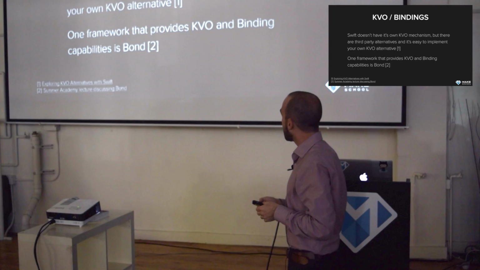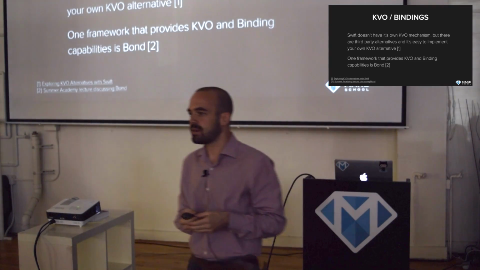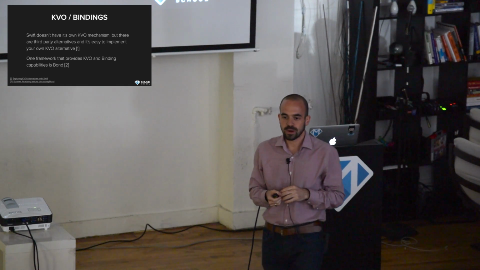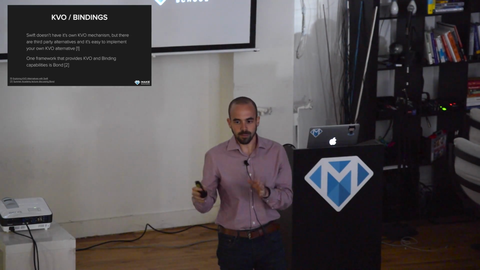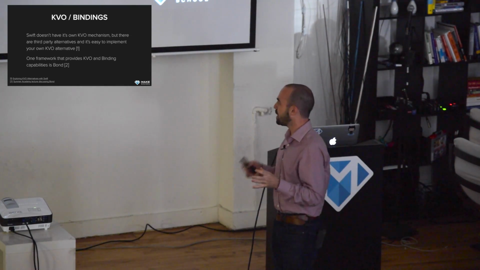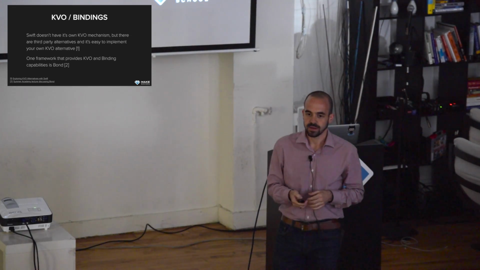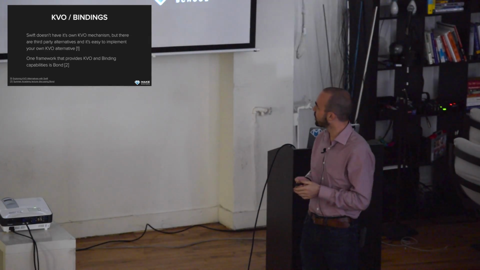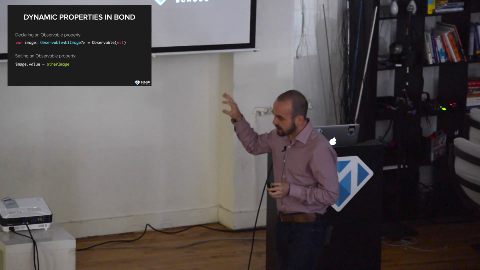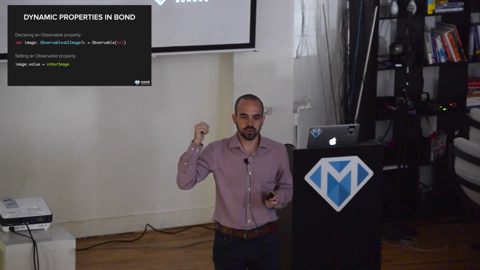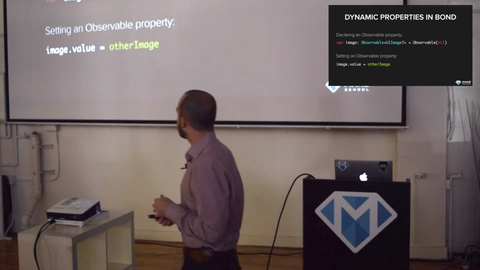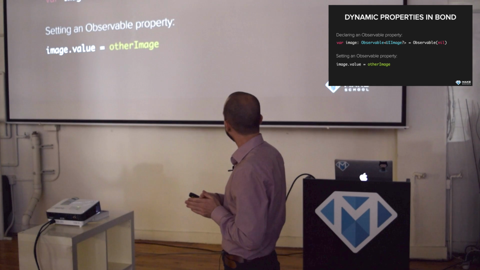But in Swift you have an alternative for that, and these are third-party libraries that people built. If you went through the Summer Academy material, then you maybe heard of the Bond framework. That's the one that we used as part of the second tutorial in Mixogram. What Bond does is it implements a Swift way of key value observation that is type safe, that works with Swift classes, and that is much more recommended to use inside of Swift. I want to briefly talk about the API. I linked to the YouTube video that has a lecture from the Summer Academy where I talk about this feature in more detail. But just as a reference for the people that didn't go through the Summer Academy stuff,